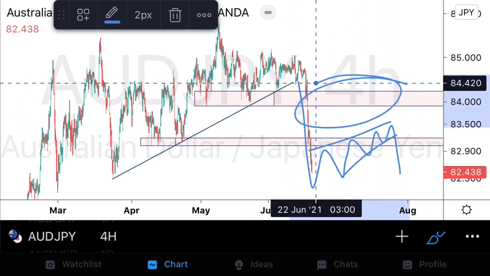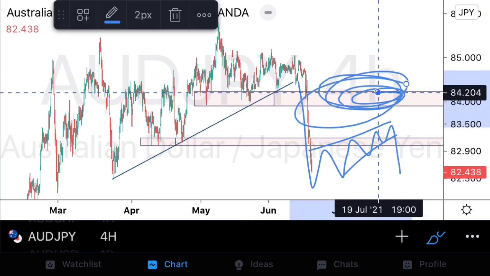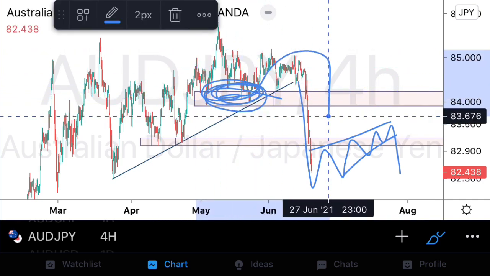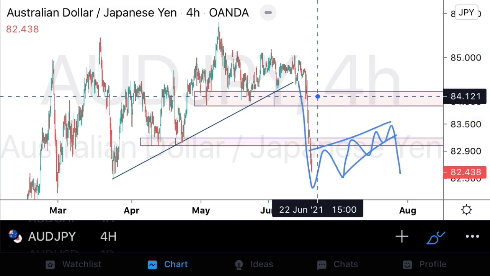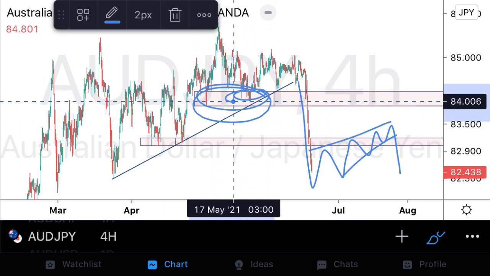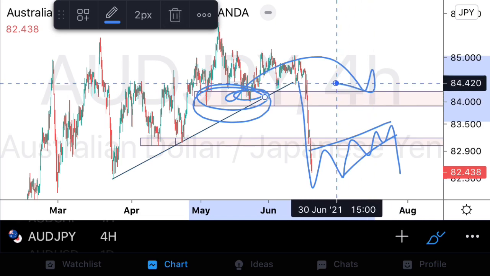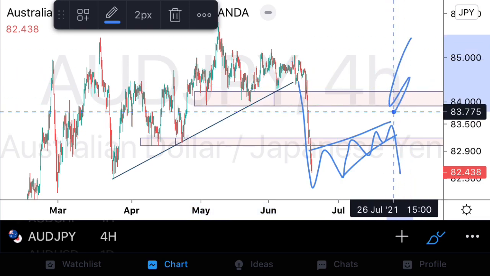So this is the optimal selling area that we're looking at. Why? Because these were the first major support structures that were broken nice and impulsively to the downside. So these support structures will offer us the most probability for our resistance to function as resistance and for those selling setups. So we're going to be focusing our eyes on just those sell setups for AUDJPY